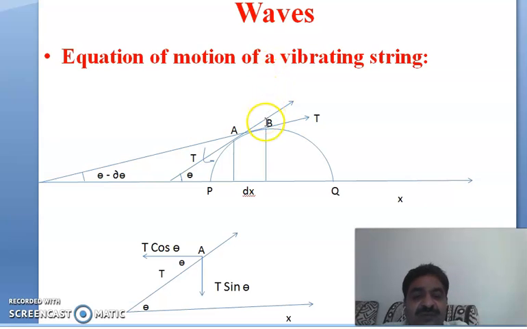Now you see here, if you imagine, here instead of A it is B, then the upward tension T is resolved into horizontal and vertical components. At B, the angle made with the x-axis is theta minus delta theta. So we say that the vertical component and horizontal component at B are with respect to this angle theta minus delta theta. So from this figure you imagine and carefully observe, then we will come to know that